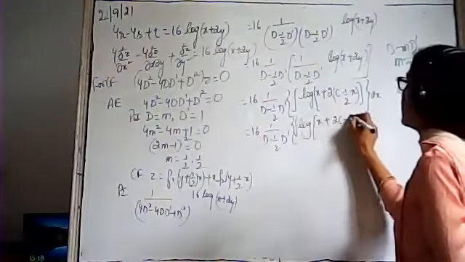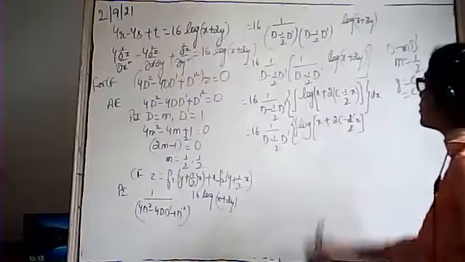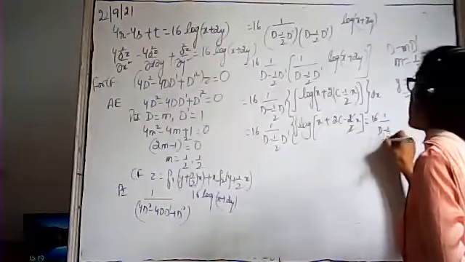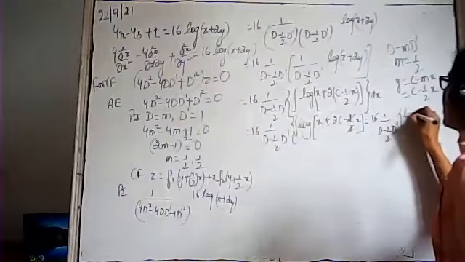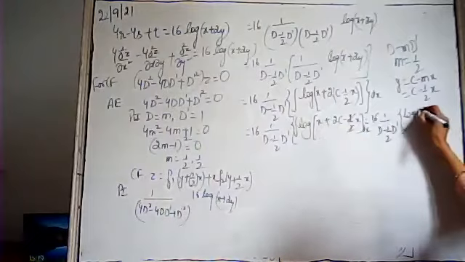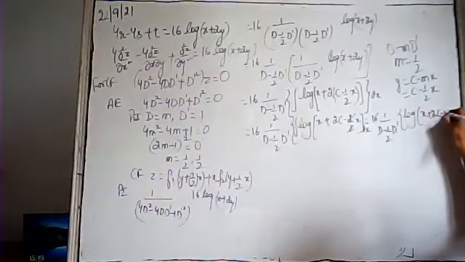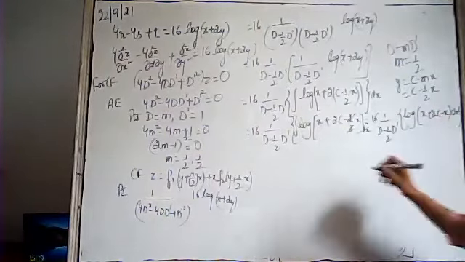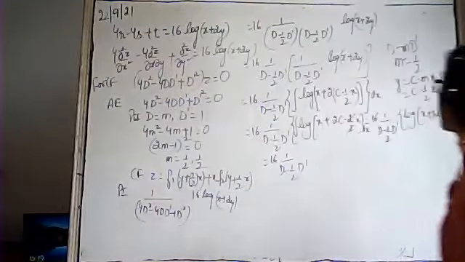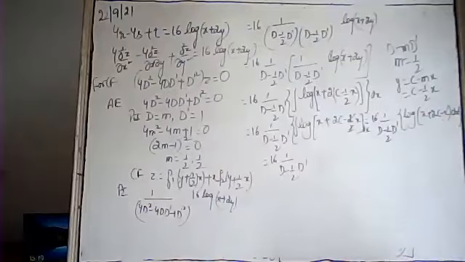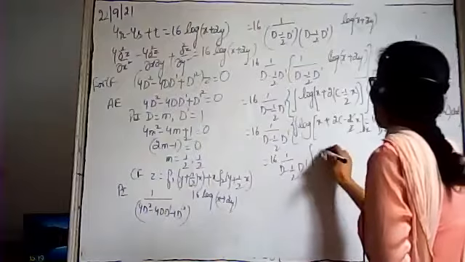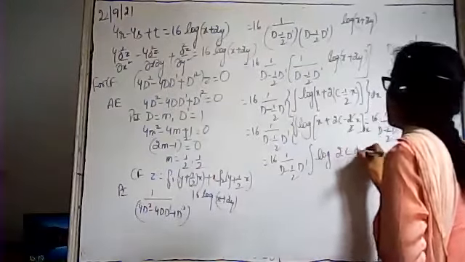2c minus 2 by 2 into x. And this 2 and 2 will remain cancelled. It will be 16 d minus 1 by 2 d dash log of, बाहर dx है साथ में, it will be log of, देखो बेटा, it is x plus 2c minus x dx. So this is equals to 16 d minus 1 by 2 d dash. Again, this x and this x will be cancelled out. You have to integrate the function log of 2c dx.